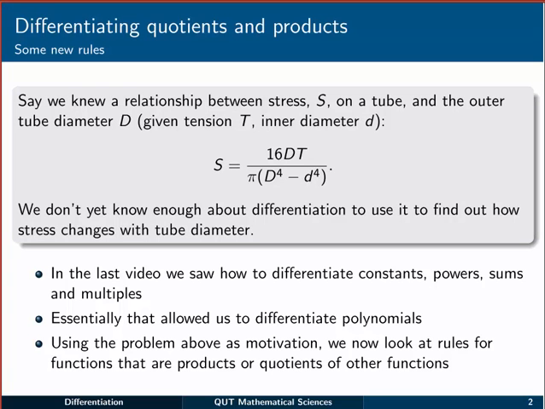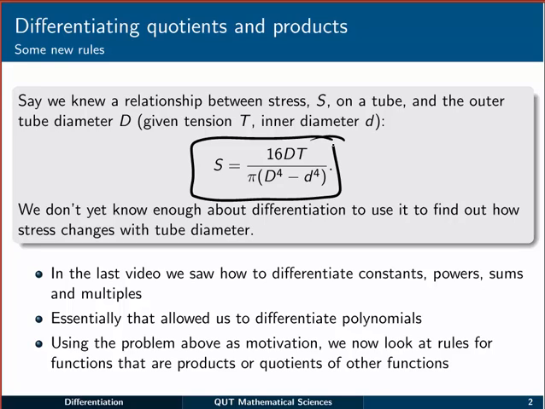Let's just say we knew a relationship between stress, given by S, on a tube and the outer tube diameter, D, given tension T and inner diameter, little d. The function that we've got here is the division of 16DT and pi times D to the 4 minus little d to the 4. We don't actually know how to differentiate this kind of function yet, so we can't figure out how stress changes